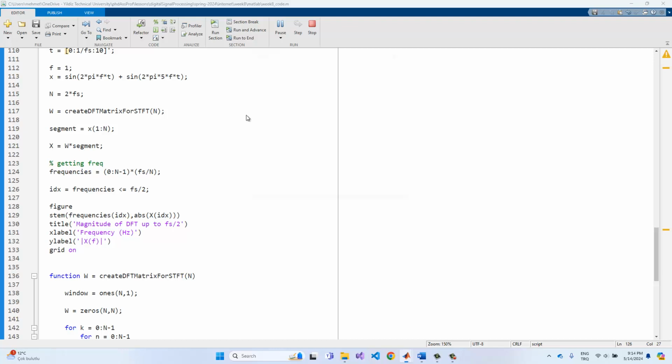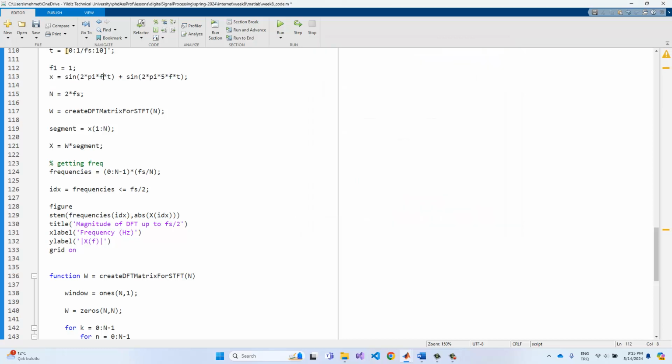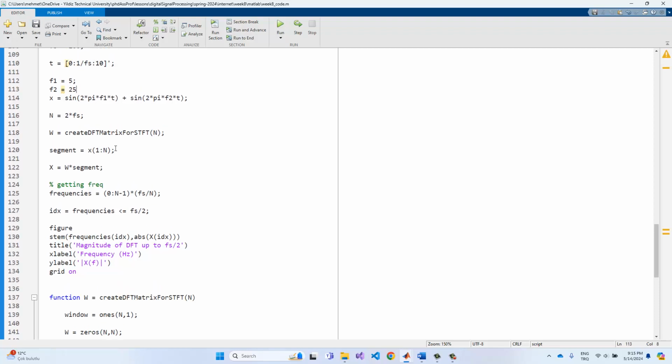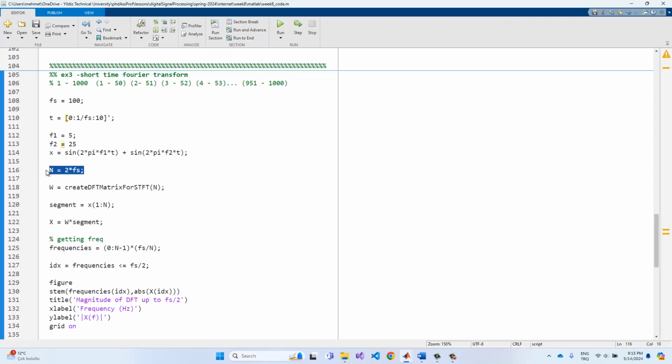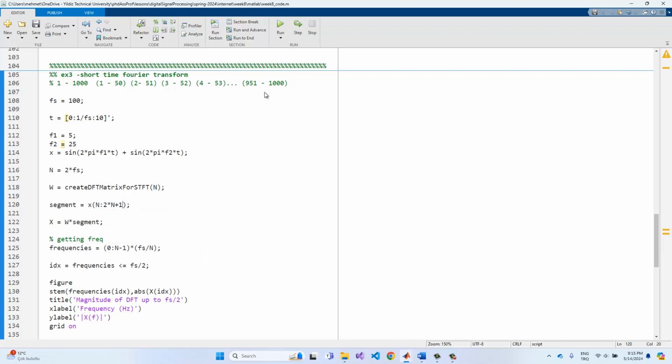After that, if I choose to implement these segments, we will see that x is the 1 values here, and we also have the frequencies f1 and f2 that can be given here. For example, f2 is 25 and f1 is 5. In this case we can create these matrices just like in the first segment. We can also search another segment, for example, n 2 times n plus 1. So if I rerun this code,